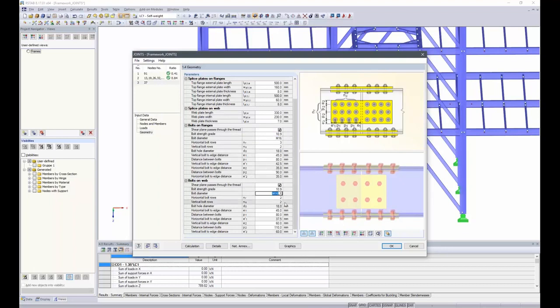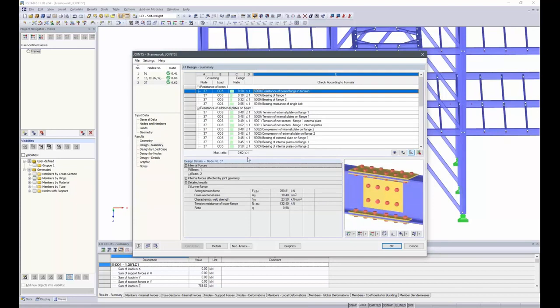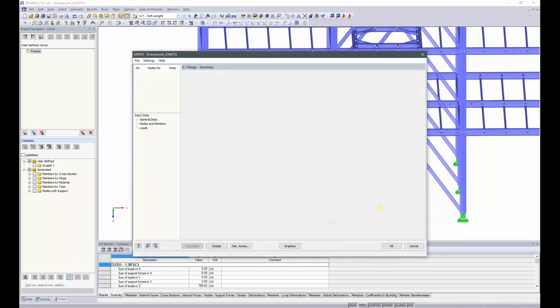Okay, this is it. I start the calculation, and we get a maximum ratio of 62%, which is okay, but maybe we could omit one of the bolt rows for a little smaller connection and a little less material that's supposed to be used. So we could also optimize that one, but since I still want to show you some more things,